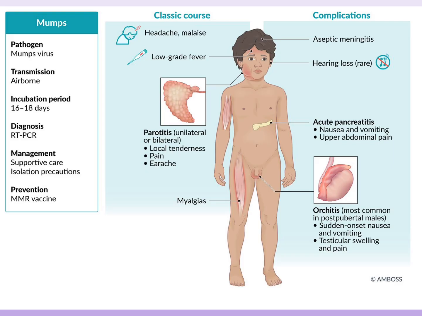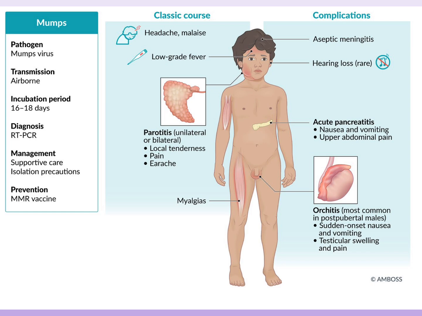This is just another photo of a more classic course and kind of what ends up happening. So it breaks it down just a little bit more. So the headache, also known as malaise, the low-grade fever, the pruritus, so that's more descriptive of it. It's tender, pain, and then the earache. The aseptic meningitis, like so on the other side, the more complications that you could see long-term will be that